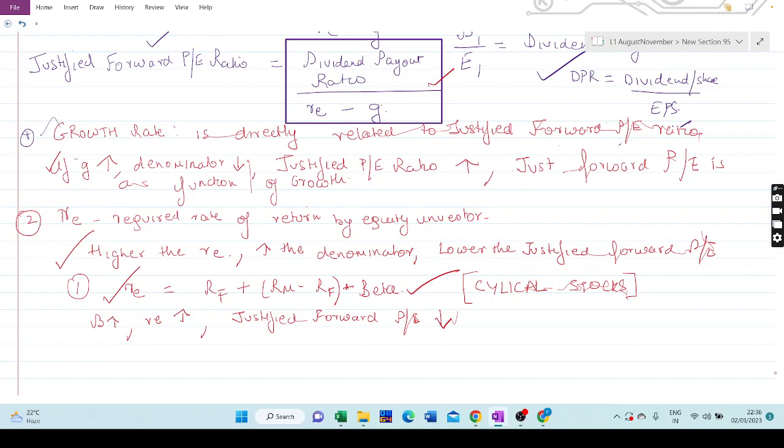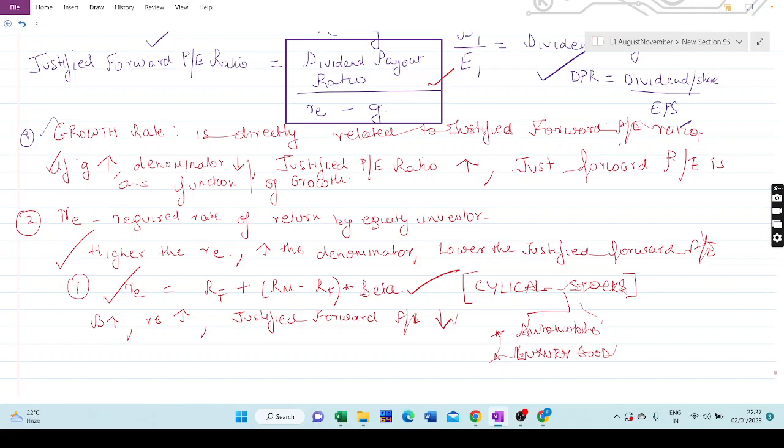Tata Steel. See guys, automobile. People will buy more automobiles when the economy is doing good, when the economy is booming, right? Then all companies who produce luxury goods, all luxury good manufacturers, their stocks would be cyclical in nature, right? Then guys,